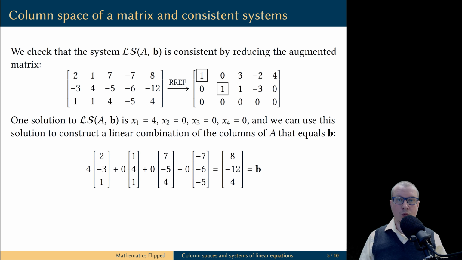Let me construct one particular solution of this system by, say, assigning values of zeros to the free variables x3, x4. Then we can use the components of this solution vector as scalars in the linear combination of the columns of the coefficient matrix that will result in the vector of constants B.